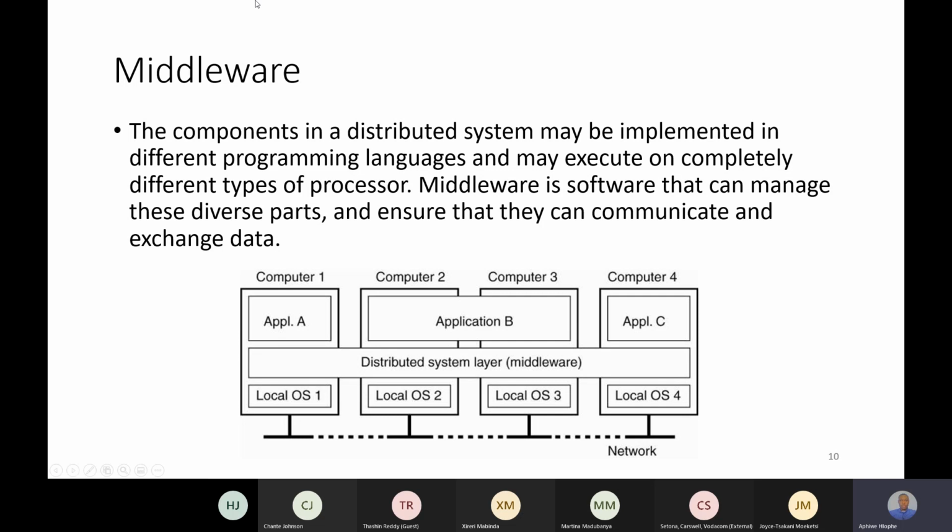So here we have all of these different applications, and we can assume that computers 2 and 3 share the same platform or operating system, and then we have computers 1 and 4, which have a different operating system. So we need the middleware to be able to take the data being generated by these different computers and applications and convert it into one standard format that we can store in a database, that we can store on the network, okay? So that's the role of middleware in a distributed system,